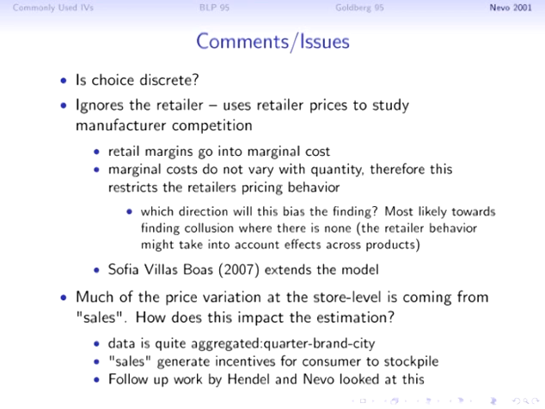And then the other thing that I just want to set up for my last lecture tomorrow: you might ask, well, cereal is a storable good. Where is the price variation coming from, and how much of the price variation is from sales, these temporary price reductions, and how does that impact the estimation? This is a static demand model, but suppose there are dynamics because of the storability. How is that going to impact things? And that's something, again, that we're going to